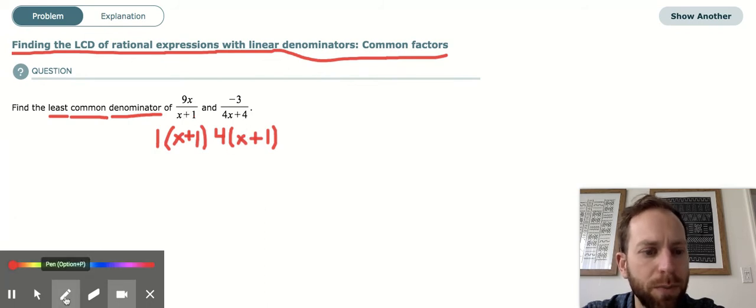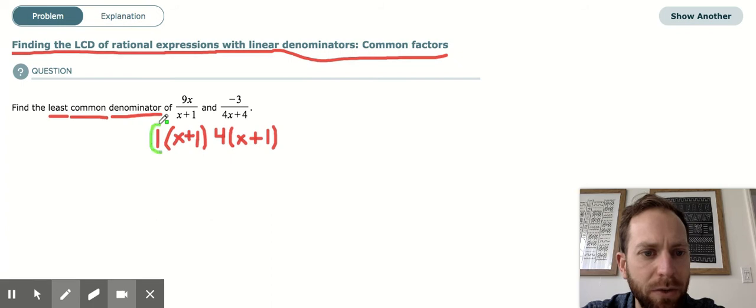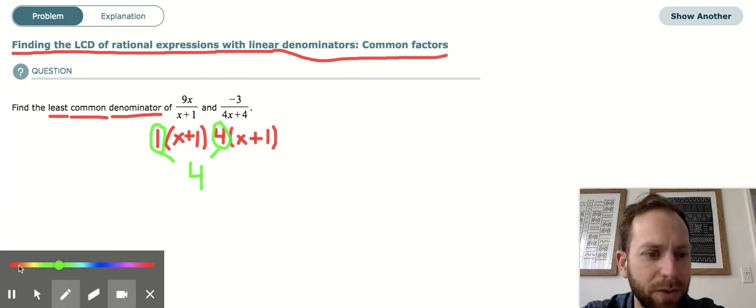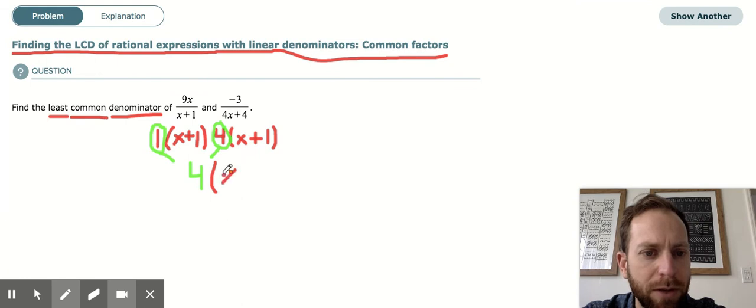What you want to do when you're finding the least common multiple is take the whole numbers that are in front and multiply them together. So 1 times 4 would be 4. And then since this is distributing to this and this is distributing to this, we're not going to write the x plus 1 twice. We're just going to write it once, but it's being multiplied by this. So the least common denominator of these rational